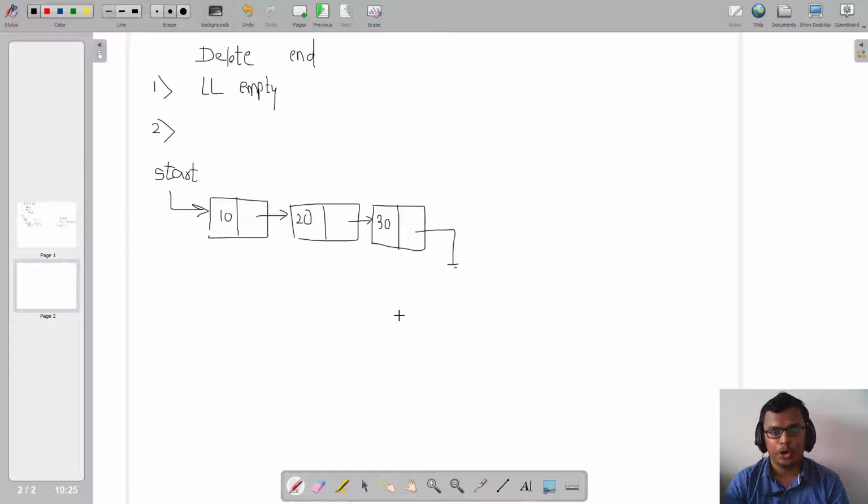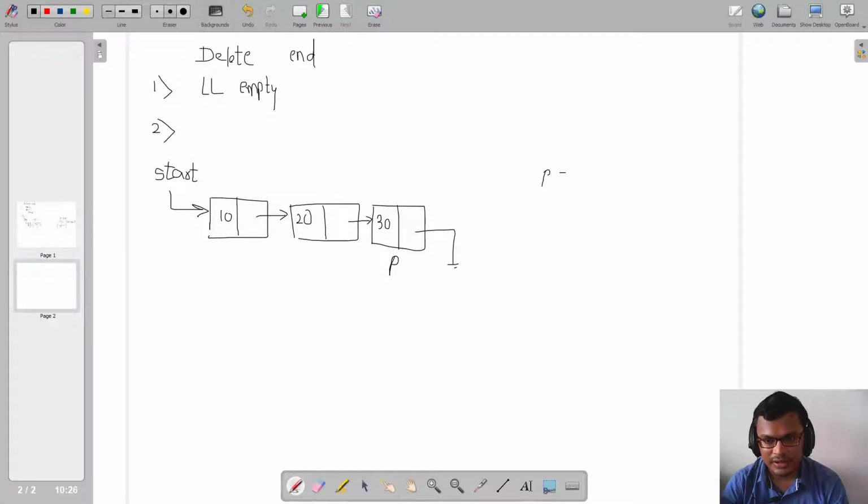As far as my logic of delete at end is concerned, now I need to find the ending node or the last node of my linked list, right? Which will be termed as P in this case, which will be this node now, correct? So my objective is to find this node. How will I find this last node? We have seen this logic in create at end, right? But that logic was in terms of Q. Now we are going to write the same logic in terms of P.